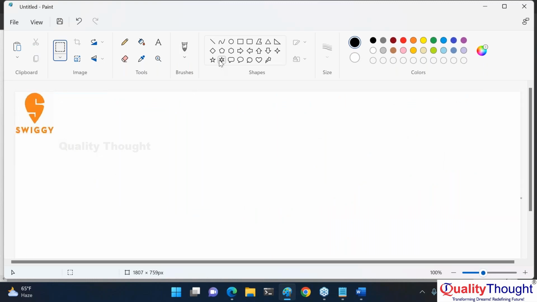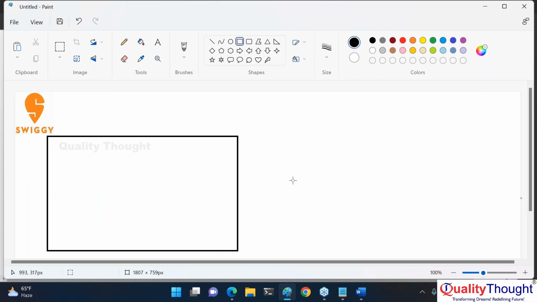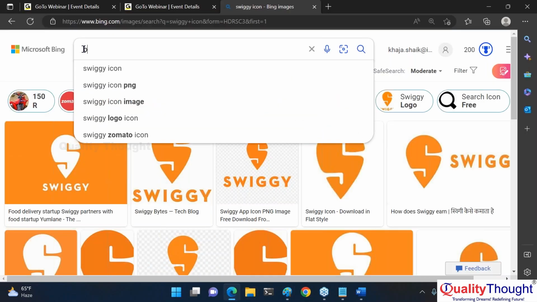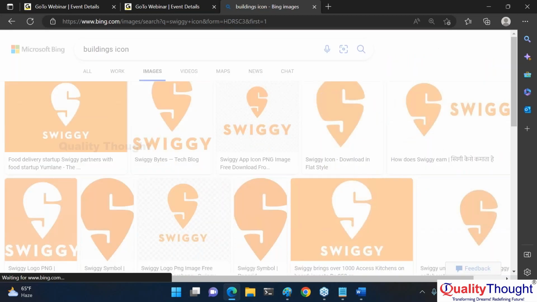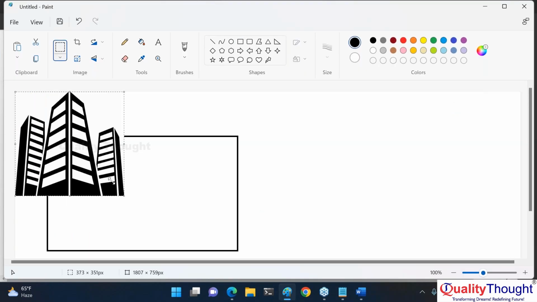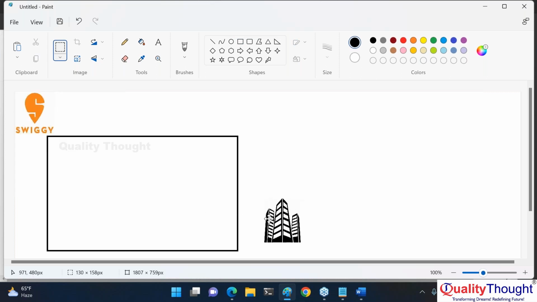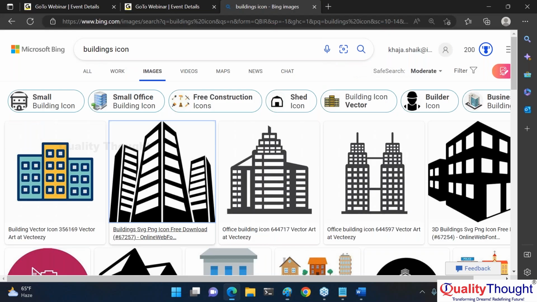Swiggy is running its operations out of two data centers in India, but I'm just trying to use one data center. Okay. So generally in organizations,